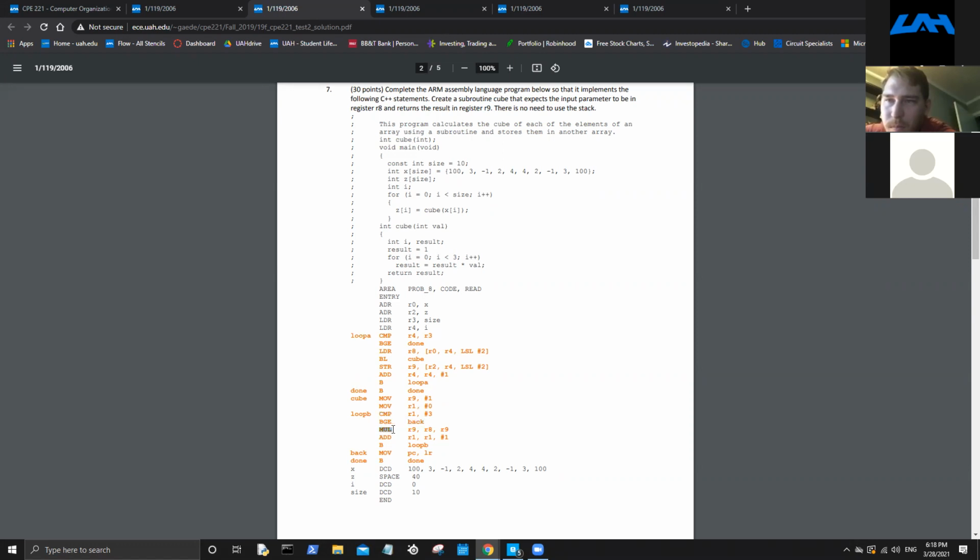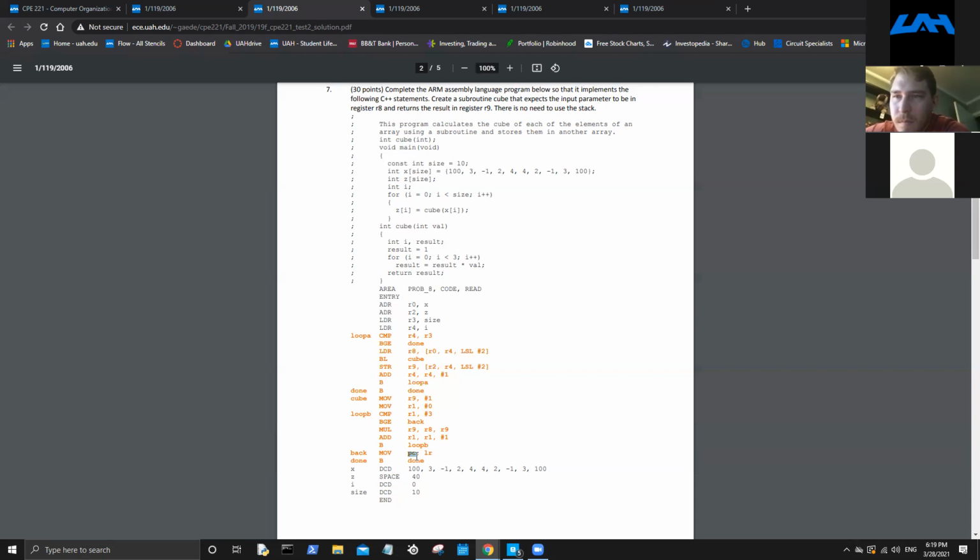It'll go down here, it'll multiply, do this math real quick, then it'll do this math, then it'll go to branch loop B, and it'll continue doing that until this is satisfied, this CMP satisfies branch greater than or equal. I believe that this would happen 3 times over, and then it would branch greater than or equal to back, jump down here. Now we're at back, executes this command, which is move, meaning copy the entry of link register